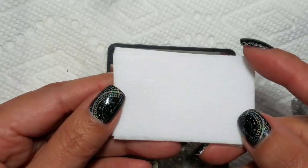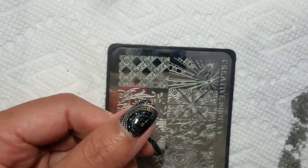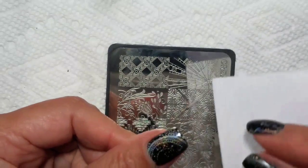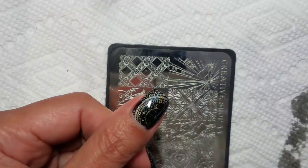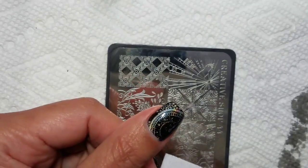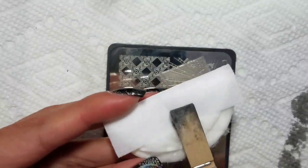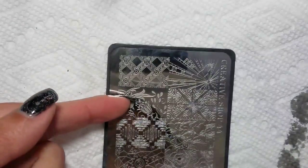And obviously, you can remove polish and gel polish with them. I find them particularly good for when you want to remove stamping mistakes. If you soak these in acetone and just do a really quick swipe on your nail to remove the stamping, that works really well and doesn't leave any fibers behind. That only works if you top coat before stamping, and that won't mess up your base. But my favorite way to use them is to clean images that are really deeply engraved